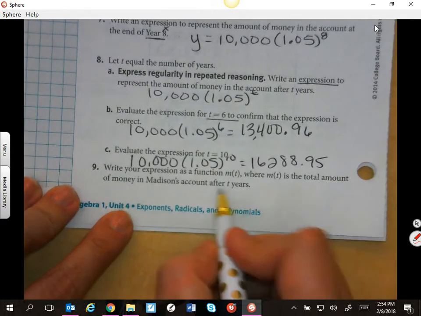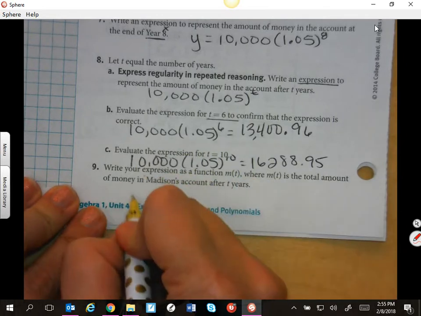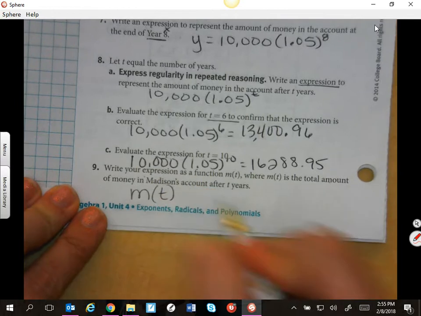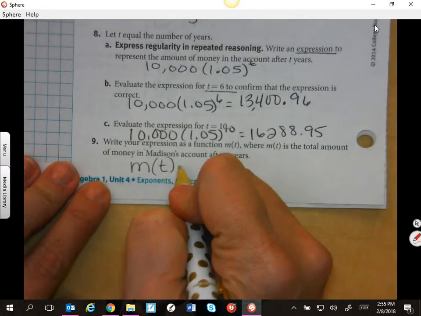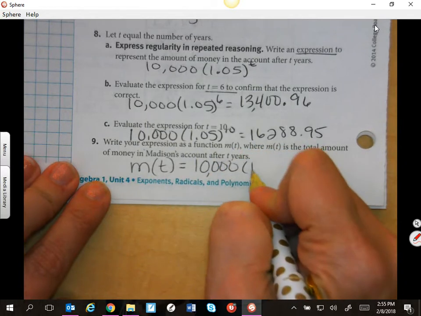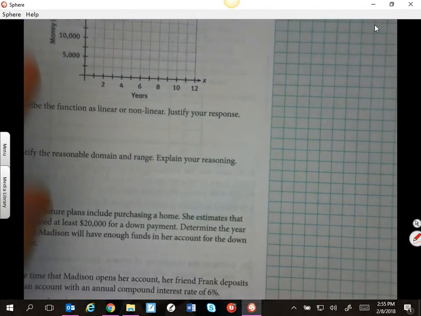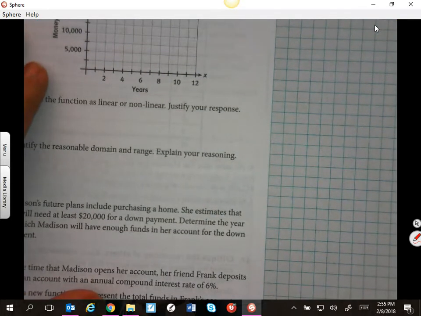Function m of t, where m of t is the total amount of money asked here. So now they want us to write an actual equation. So instead of y, they want us to use m of t, the amount of money, is equal to 10,000 times 1.05 to the t, is our equation. So now we can graph that. And you have a couple of options here. You can use the table to graph it,